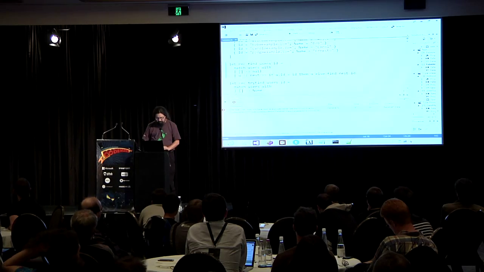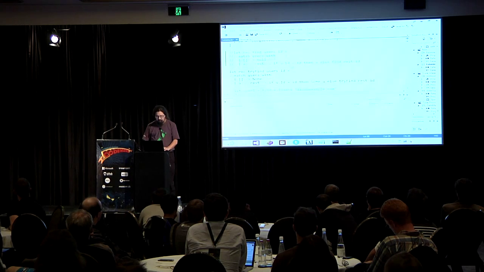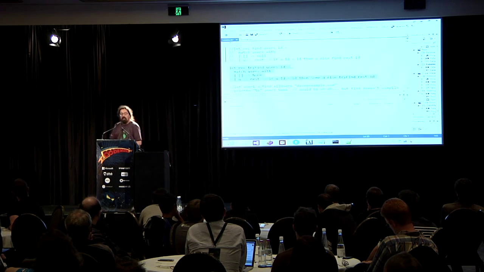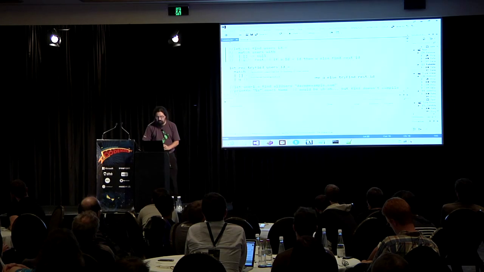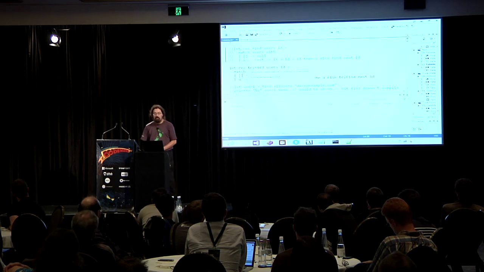So what do I do instead? Well, we saw what I'm going to do from Katie's talk. I can write that try find, but instead of returning a null or whatever, I'm going to return an option, which is F#'s name for the Haskell Maybe. So I've got None, which is the equivalent of Nothing, and Some, which is the equivalent of Just. These are the code words for: I didn't get a value, there isn't one, or yes, there is one, and here's what it is. So if I have a look at the signature of try find, you can see that it's returning a user option, not a user.